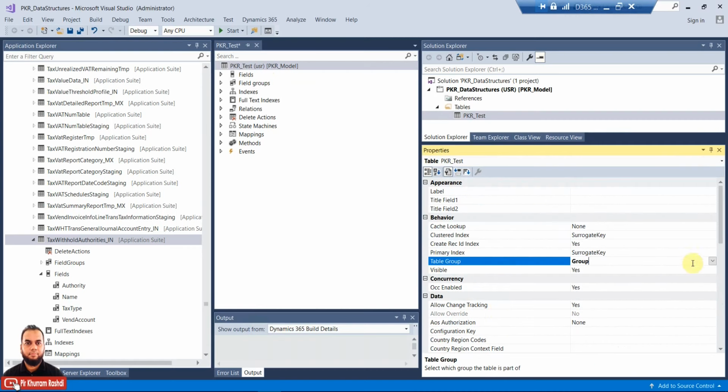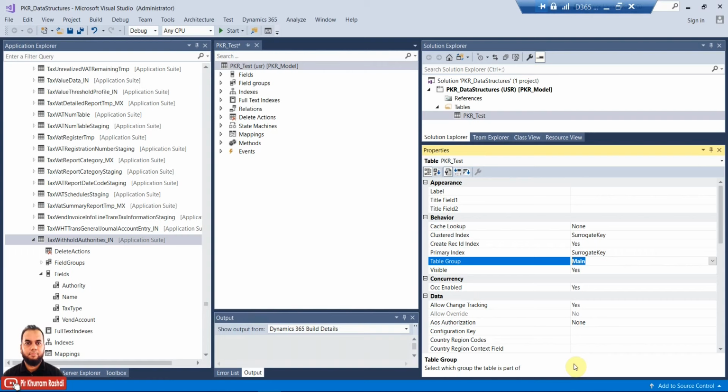So after group there is a main type. This is already explained: main type is for the main list of information, which can be a customer, a supplier, or an item. The same applies if you create a new feature. For example, if you create a vehicle management system, the table holding the list of vehicles will have the table group value of main, but the vehicle group table will have the table group property of group, because it is a grouping or classification of those vehicles.